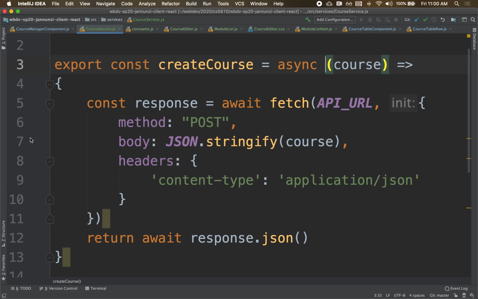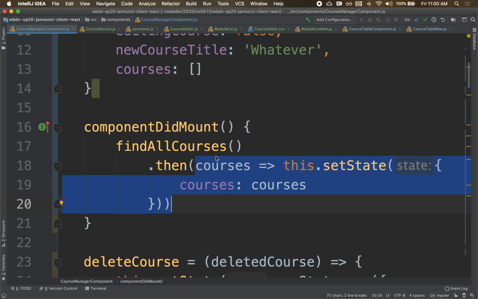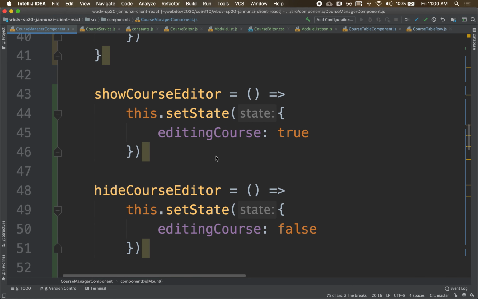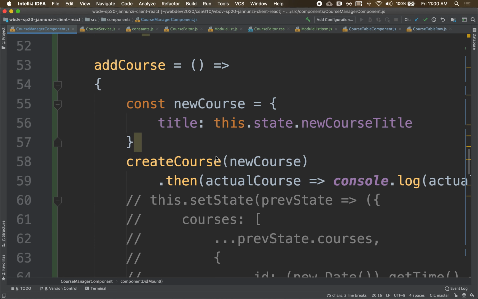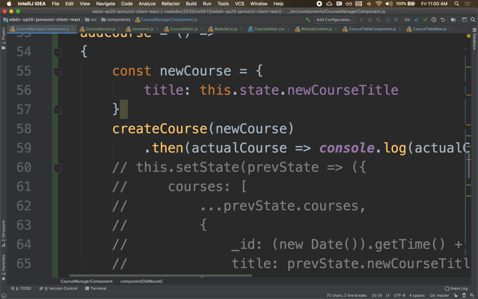Now we can go back and look at who's calling create. So create course is being called by course manager. Where is it? Create course. It's this one right here, create course, right? So here too we're using this .then, and people again find this jarring. What instead we would like to be able to write, if this were simple,